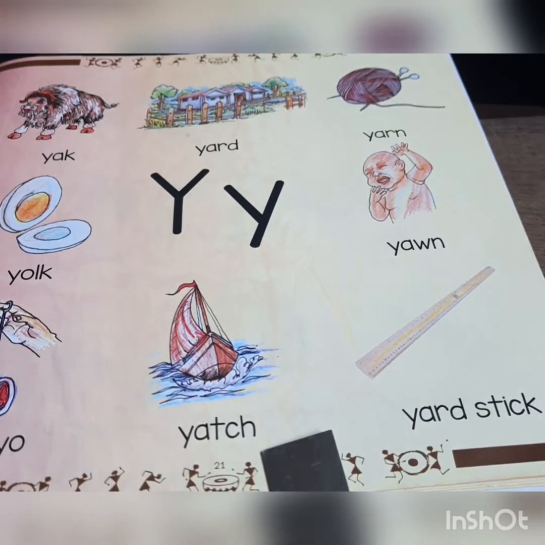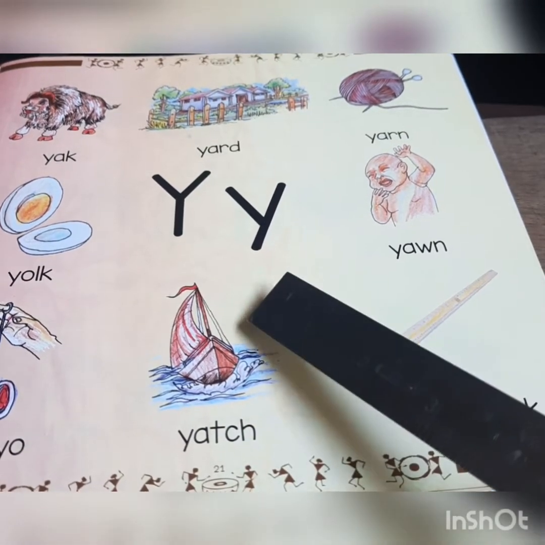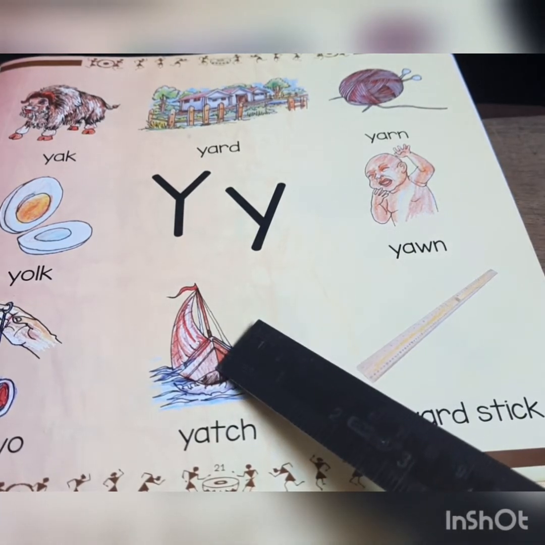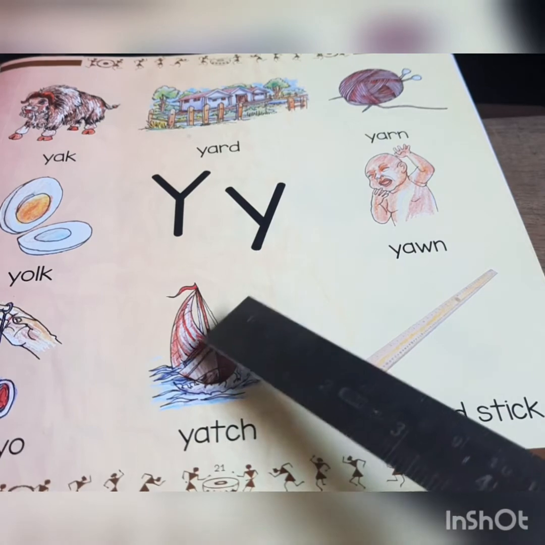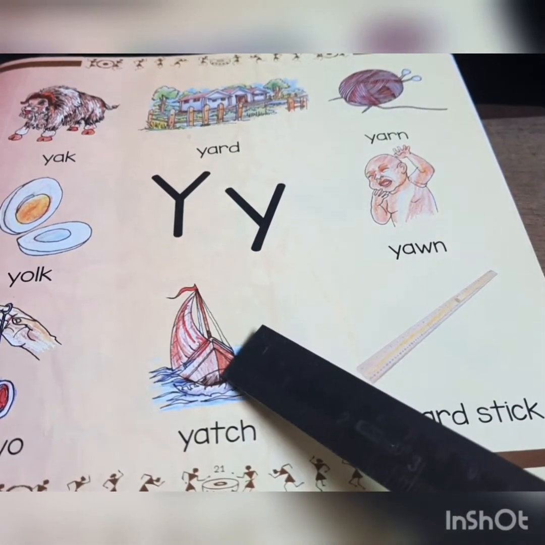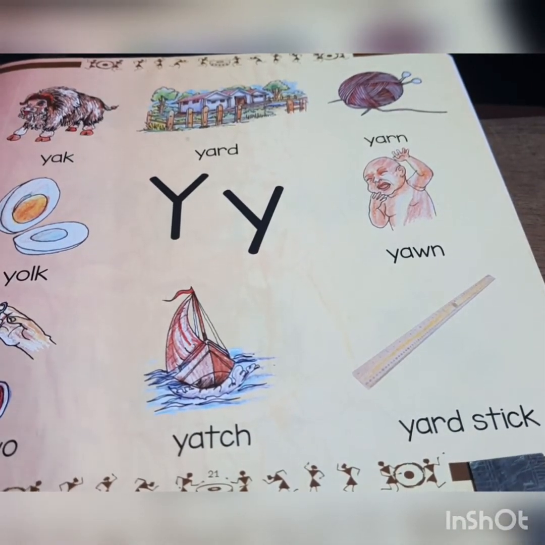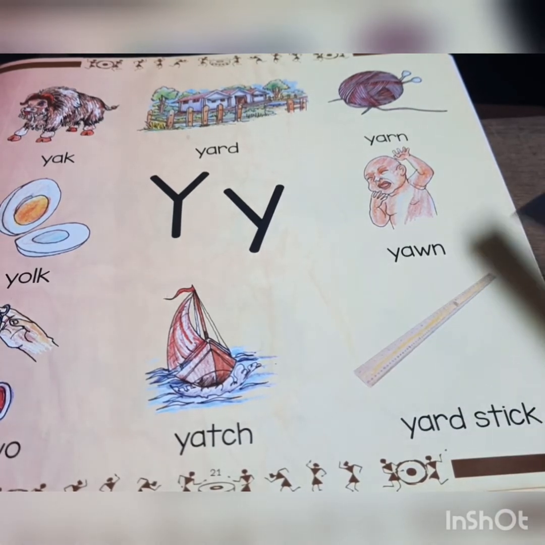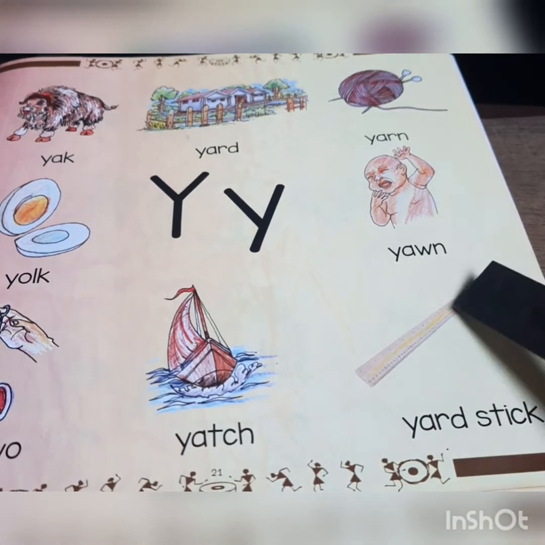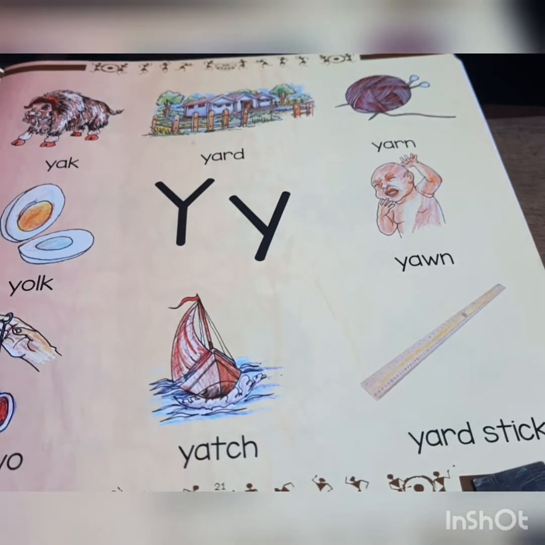Yacht. Okay, what do you mean by that? It is a boat. It is a medium-sized boat, not a big boat, which is used for sailing. And a medium-sized boat for sailing, and it is used for racing also. Next, this one, it is a yardstick. Yardstick, you can see it's a scale, a measuring rod, which has the measurement like inches and all. That is said as yardstick, children.